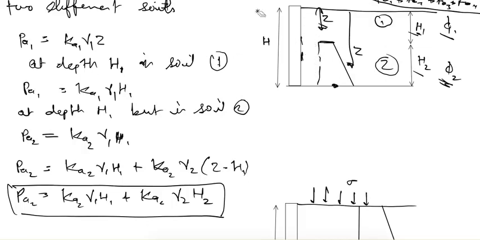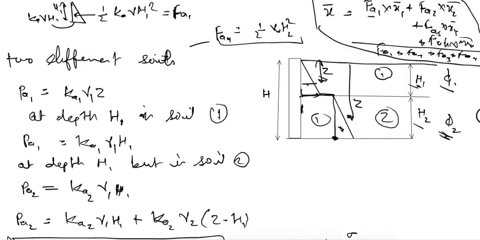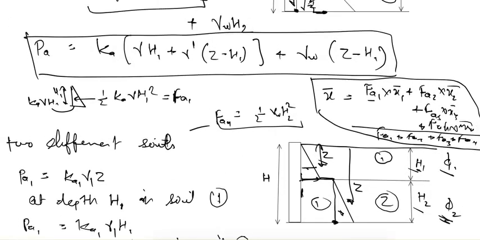So we can break it like this: this would be a triangle, then here it is a rectangular part, or we can say this whole part is a rectangle, then one more triangle is there, so two triangles and one rectangle. So we can do the same thing as we did in the earlier one.